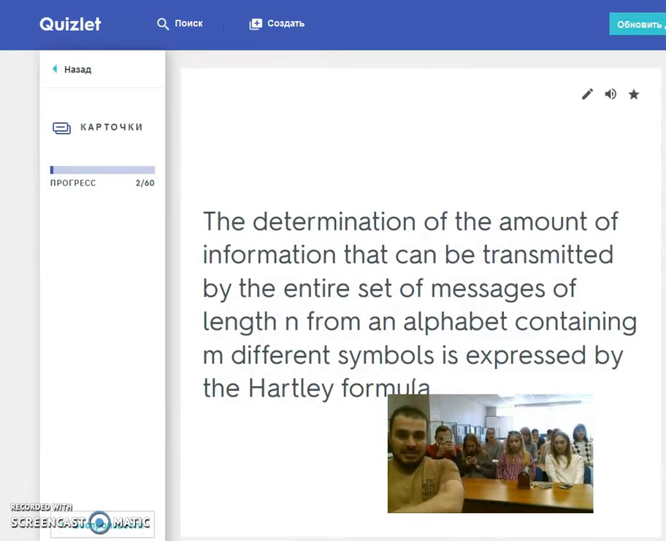The determination of the amount of information that can be transmitted by the entire set of messages of length n from an alphabet containing m different symbols is expressed by the Hartley formula. L is equal